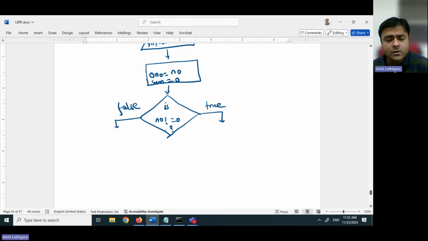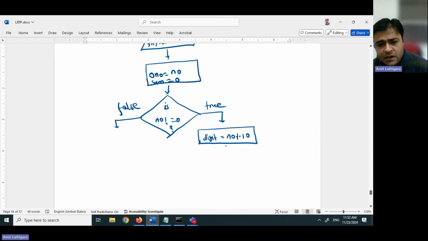It means we need to find the digit. How can we find a digit? Digit is equal to number modulo 10. Then we need to add it to the sum after finding its cube. So another operation is we need to find its cube and add it into the sum. So sum is equal to sum, that's the reason the initial value of sum is 0, to make a generalized statement, plus